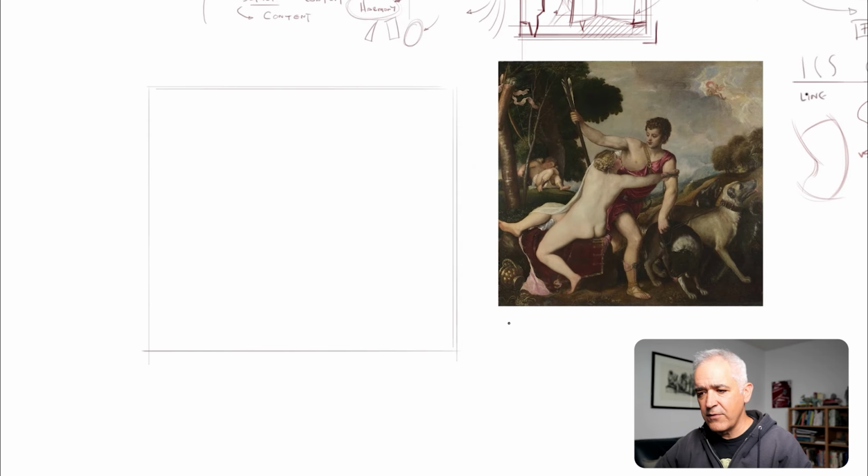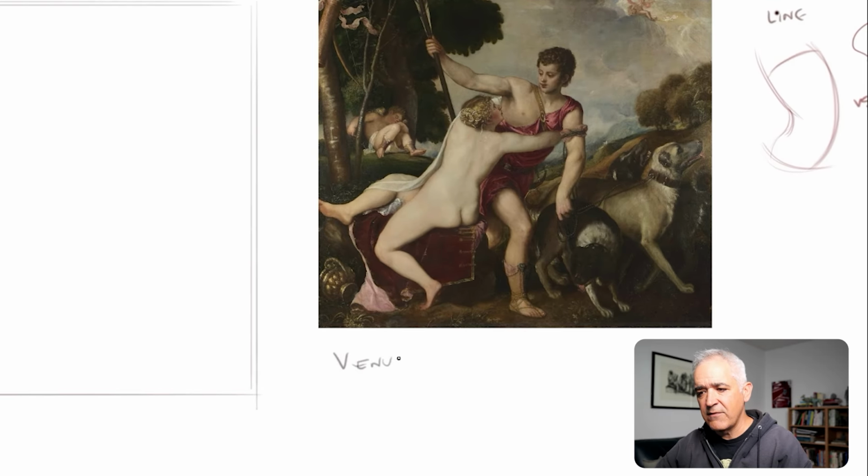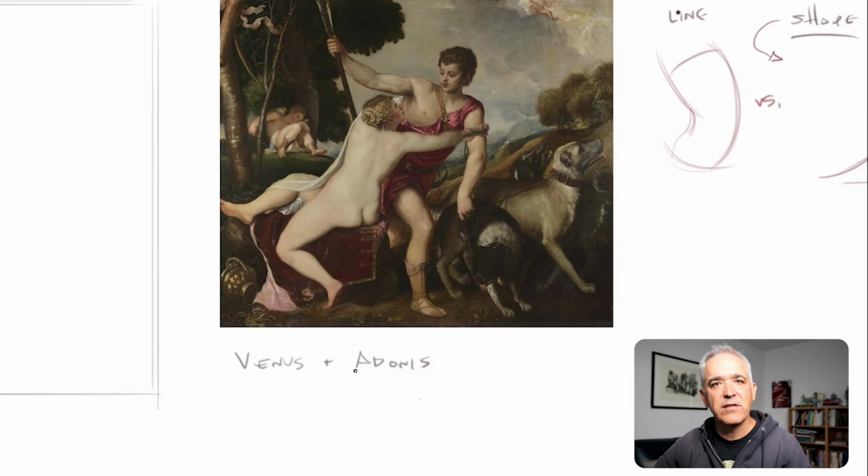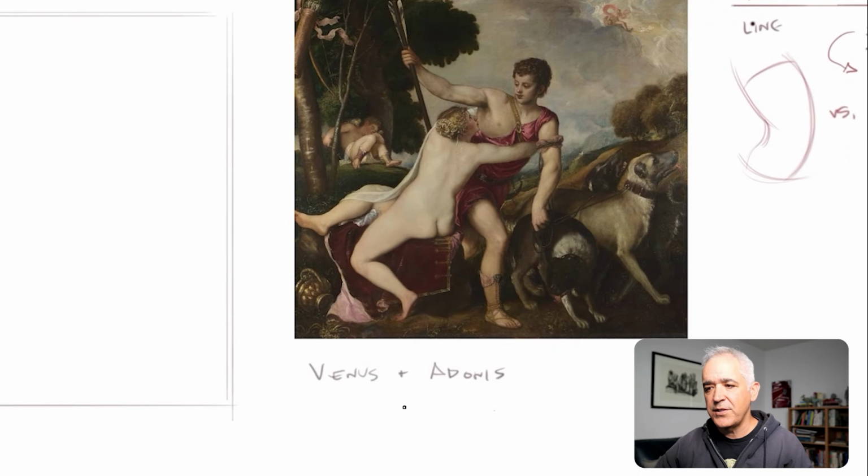So again here, this is Titian, Venus and Adonis. Venus, the goddess of love, Adonis, the god of desire. So we have these two characters. They're in a semi-embrace. So the basic story here, right? This is the benefit of using something that's mythological or perhaps even a religious painting, is that we have an early understanding of what the narrative might be. And so it's an easier way to kind of find our way into what the intention is.